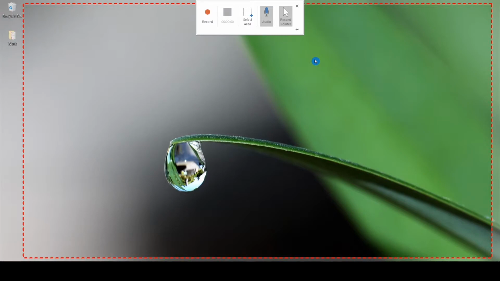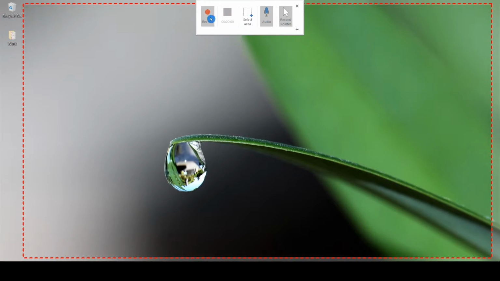While there are feature-rich dedicated software available to record your screen, this is a very quick tool available within Microsoft PowerPoint using which you can do some basic recording. This will be very useful because the majority of us already use Microsoft PowerPoint on a day-to-day basis and you don't need to install and configure a separate software for this particular purpose. So these are the settings we already enabled.